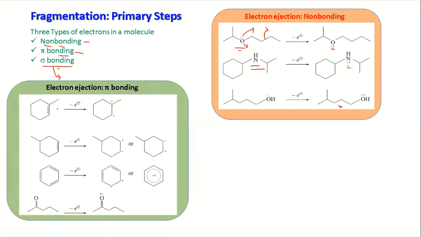Similarly, if you have pi bonding electrons, in this molecule you have pi and sigma, so the electron will prefer to eject from the pi bond, and you'll have a dot plus. Look at the plus where I have placed it; it is on the more substituted carbon, so that will be the more stabilized one. Here you have another case, where there is no extra stability, so you can have a plus here and a dot there, or a dot here and a plus there.